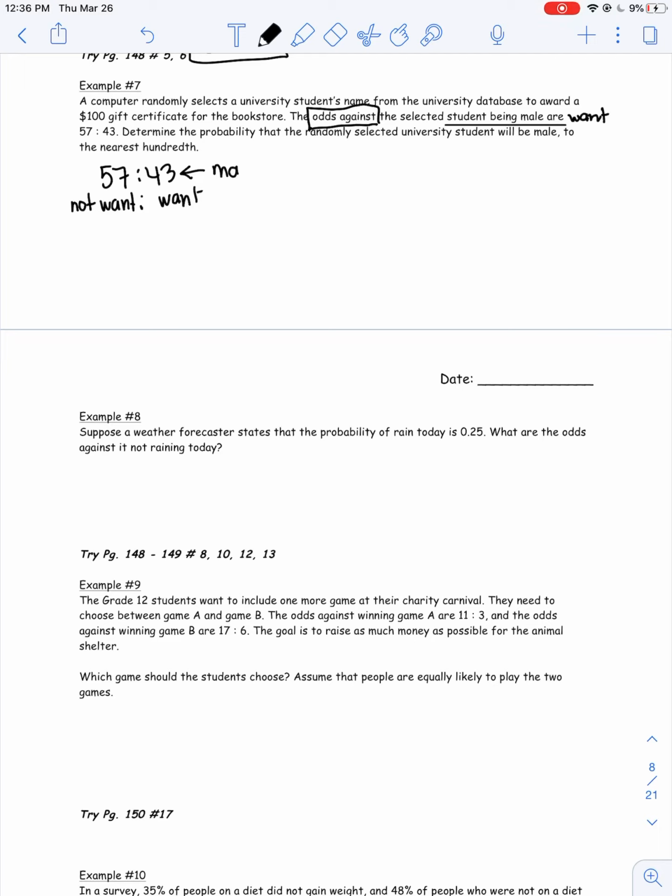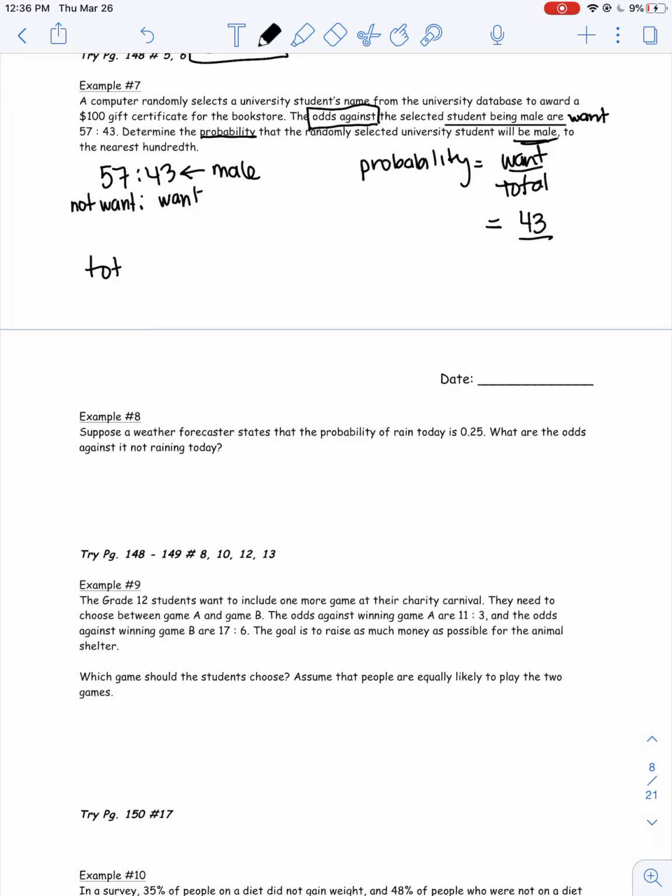So this is our want statement. This number right here is the male students. What they want is to determine the probability that a randomly selected university student will be male. Probability should always be written as what you want over total. Now, they want it to be male, so we already know that. That's going to be the same as our want statement right here, and there were 43 males out of